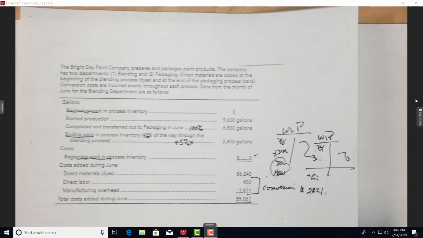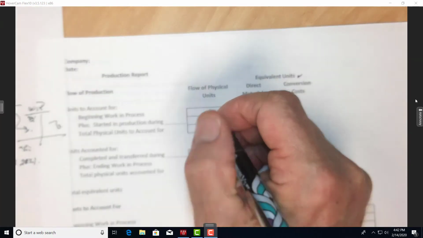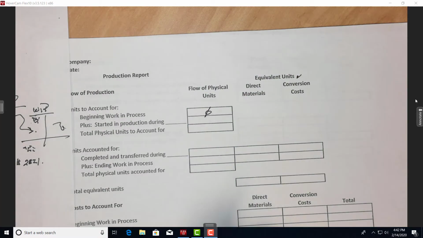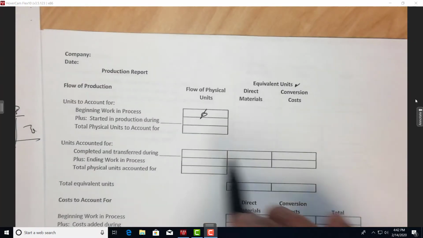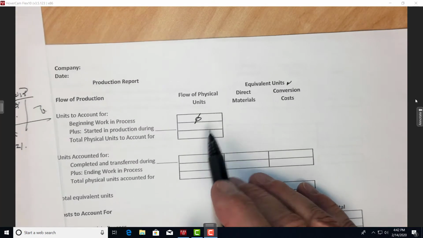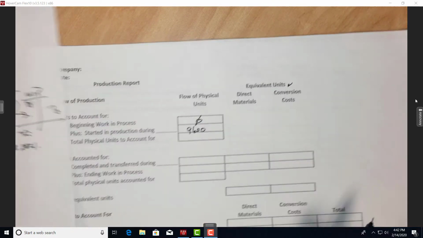Well, the beginning work in process is 0. That's the beginning work in process. They give that right here. They say they started production with 9,600,